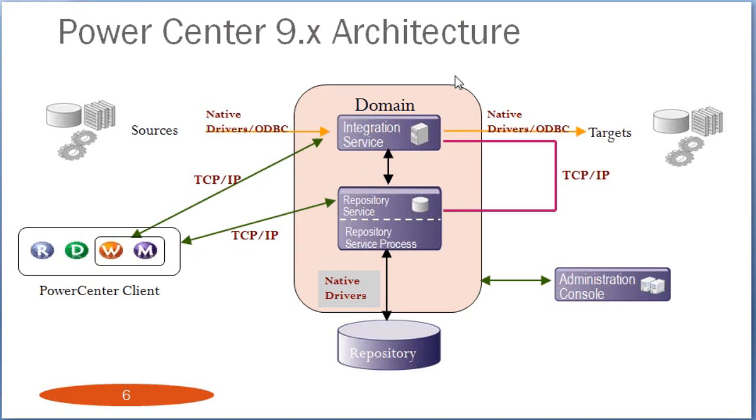So this is a part which is covered in pink color. This is the server part. The server mainly consists of 2 types of basic core services which are very helpful in integrating the data. That is, one is the repository service, another is the integration service. So as discussed yesterday, the repository database